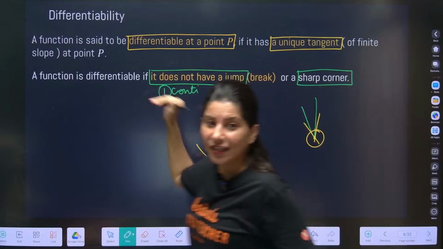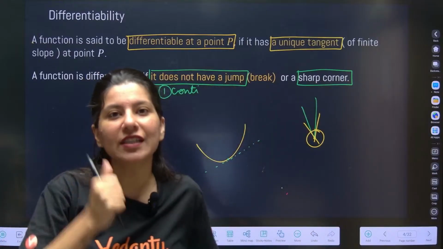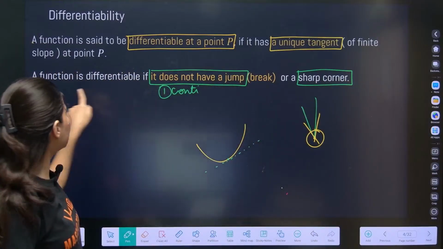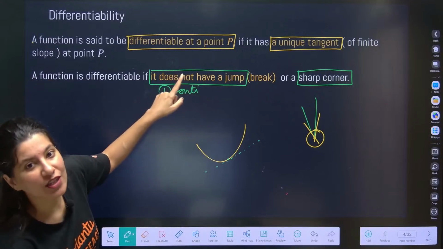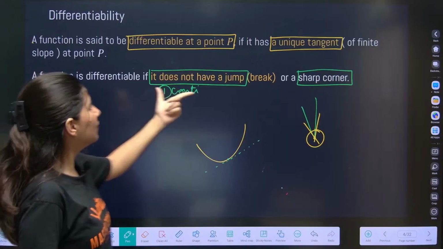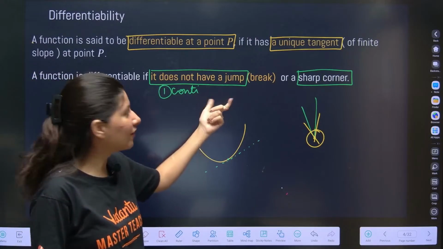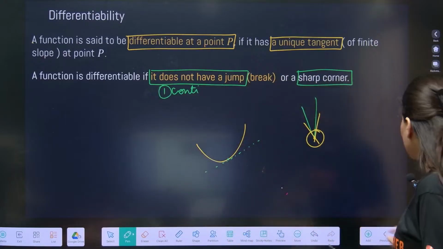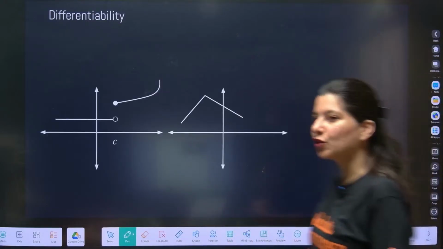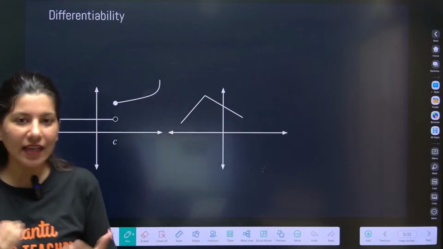And the second line you are seeing is the graphical definition. Don't you think that this line is helpful for checking the graphs, that jump or break, that means graphical approach, sharp corner also they are trying to tell, that graphical approach. So first of all, let's study the graphical approach, and then we will understand.